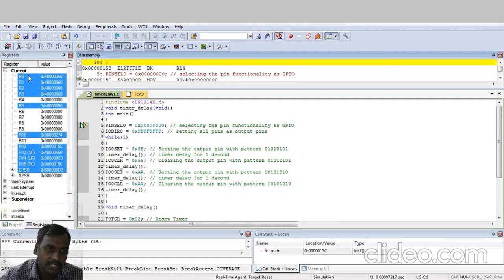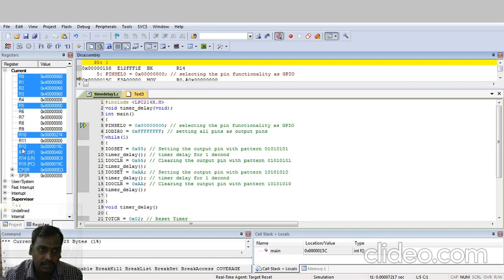The registers are R0 to R15, CPSR, SPSR. Generally we are taking the user mode. Observe here, 7 types of modes are operated in ARM7: user mode, fast interrupt mode, supervisor, abort mode, undefined, and so on. By default you are choosing the user mode or system mode. So the registers contain R0 to R15, then CPSR, SPSR.